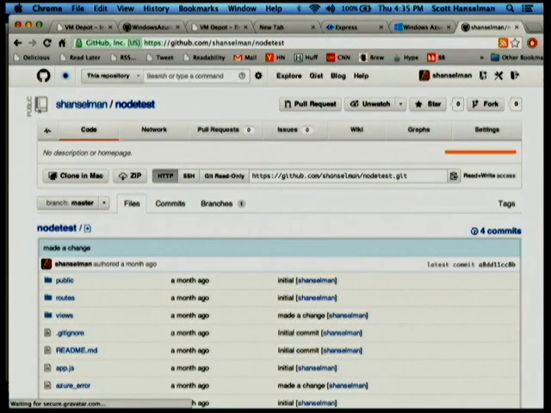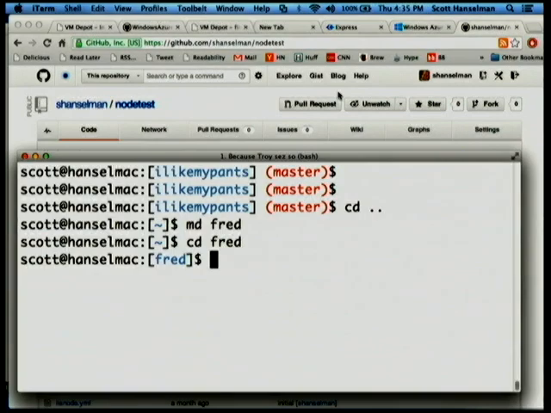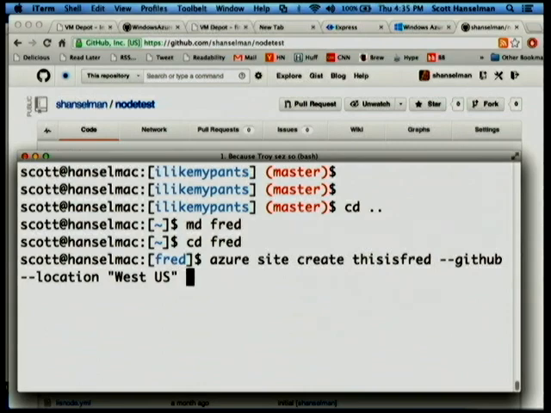So there's a node app in GitHub, okay? And I could say Azure site create, this is Fred, --github, --location West US, --githubrepository Hanselman/nodetest.